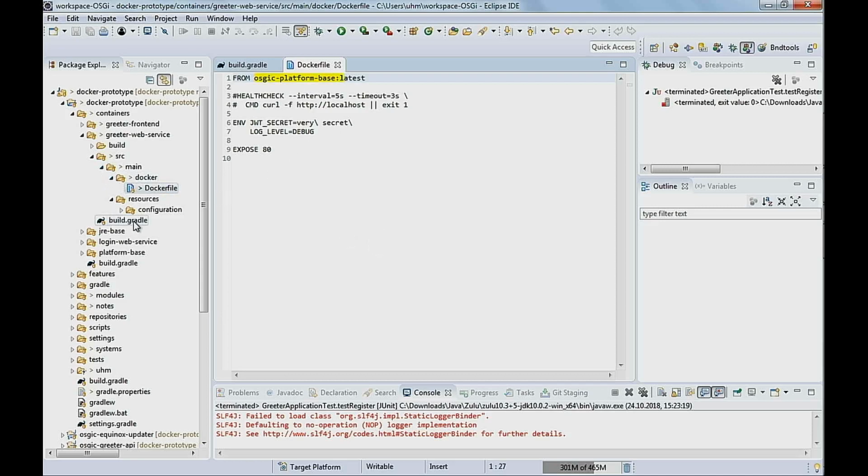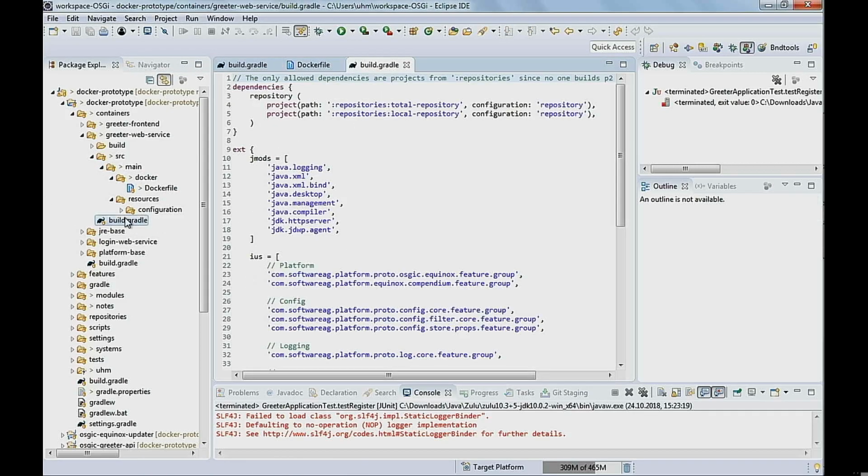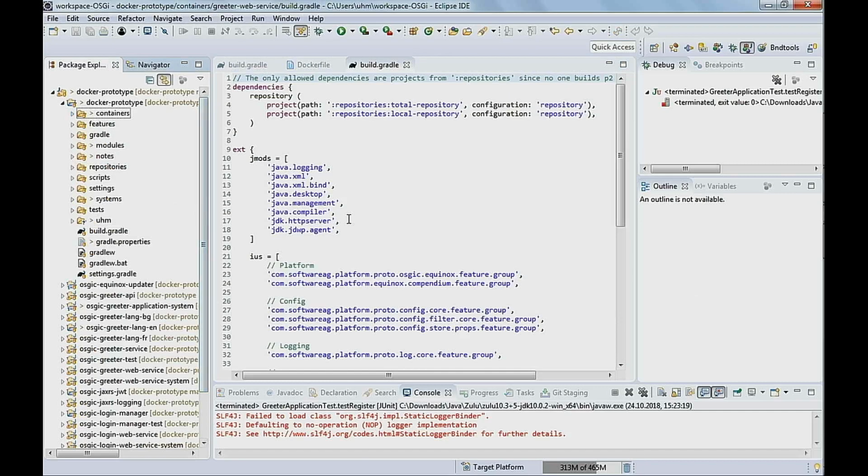The additional stuff that goes in there, we define in our Gradle build file, where we would just say: okay, this Docker container is already able to run the basic OSGi platform, but please put all these features in. At this point, the feature granularity is the correct one to assemble what you would want in this specific container.